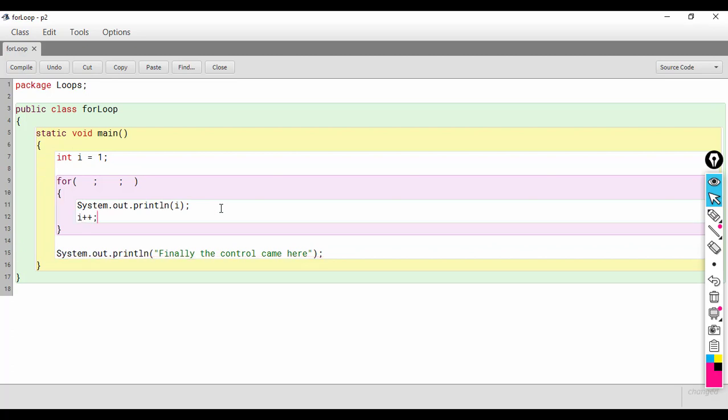So this will not cause any error. Although I have left these parts blank here, this will not cause any error. The condition here will simply remain true by default. So it will become an infinite loop, but I am updating the value of I here and I am initializing the variable I before the loop starts. So that is also possible. So let us see the output for this.